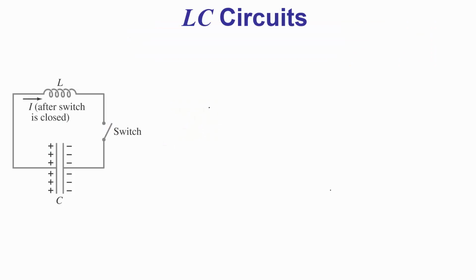So here's the circuit we just looked at with just an inductor and a capacitor, and we can analyze the dynamics of this system by starting out with a Kirchhoff voltage loop. If I loop across my inductor, the voltage across that is negative L di/dt, and then the voltage across the capacitor is Q over C, and that has to sum to 0. Those are the only two components we have. I also know that my current is going to be negative dq/dt,